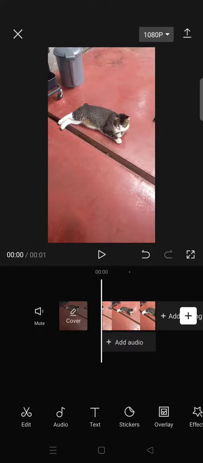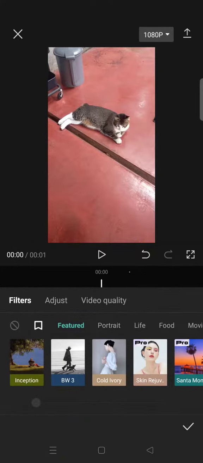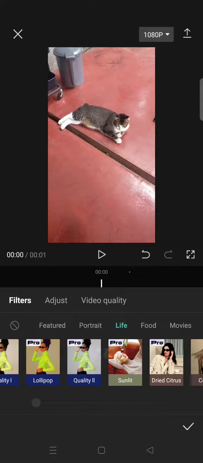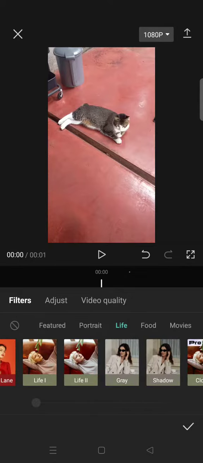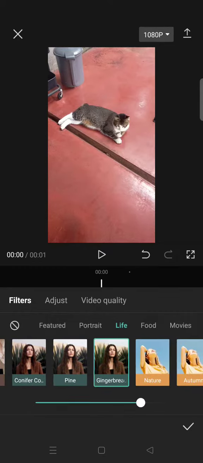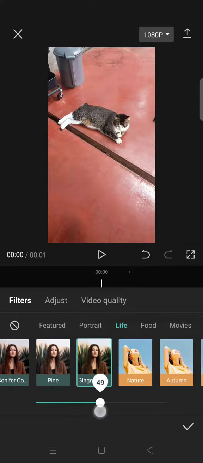So on today's tutorial, I'm gonna show you how to create a vintage fade coloring for your edit in CapCut. So here I've already opened a video on my CapCut, and then what you guys do next is just go to filter, then click on the live category and then find the gingerbread filter. Okay, this one, and apply it to your clip and adjust it to 30, and then click on adjust and